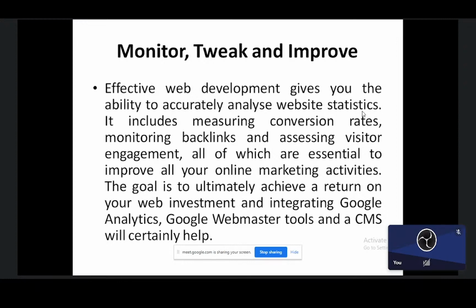So here we adopt Google Analytics API, and whatever clients we take up, we will be giving them the Google Analytics API. It will be included in their web application, and that will give you the statistics. So what is your statistic, or how many searches happen, which page is being recently visited, what is the bounce